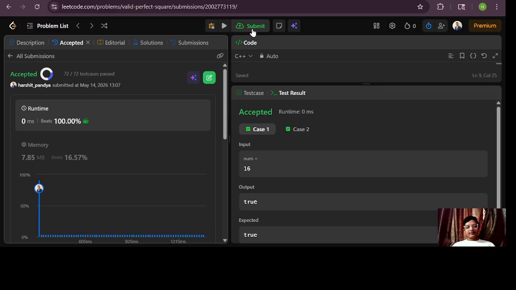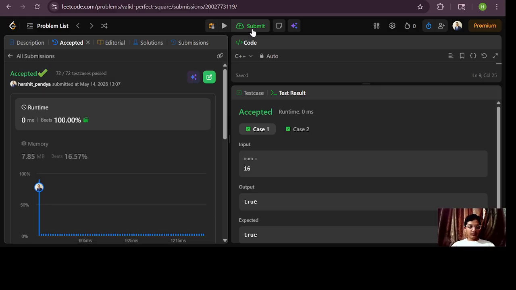Okay, so this is the solution of LeetCode problem number 367. This is a very good problem for beginners,